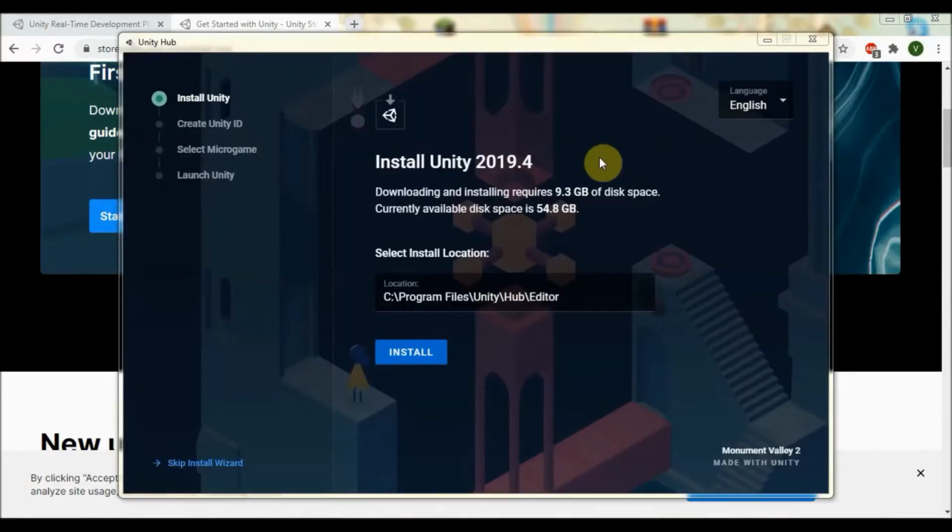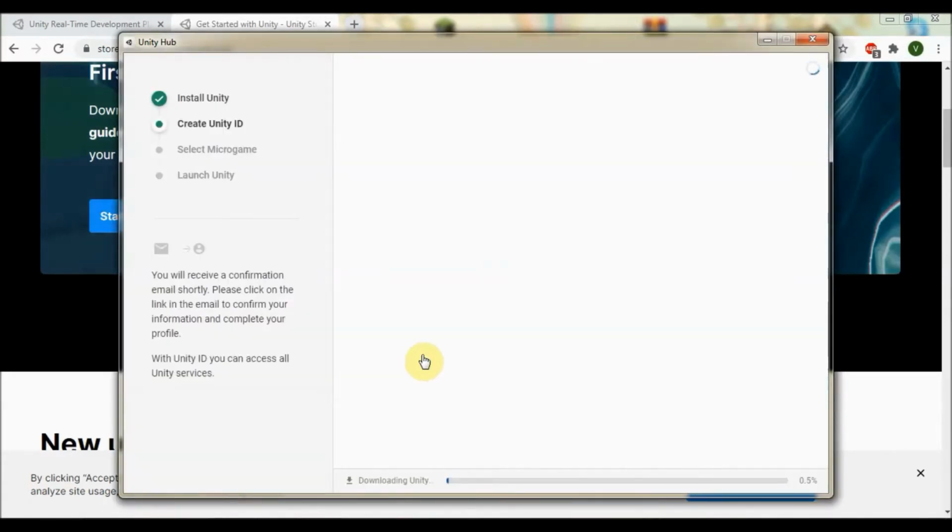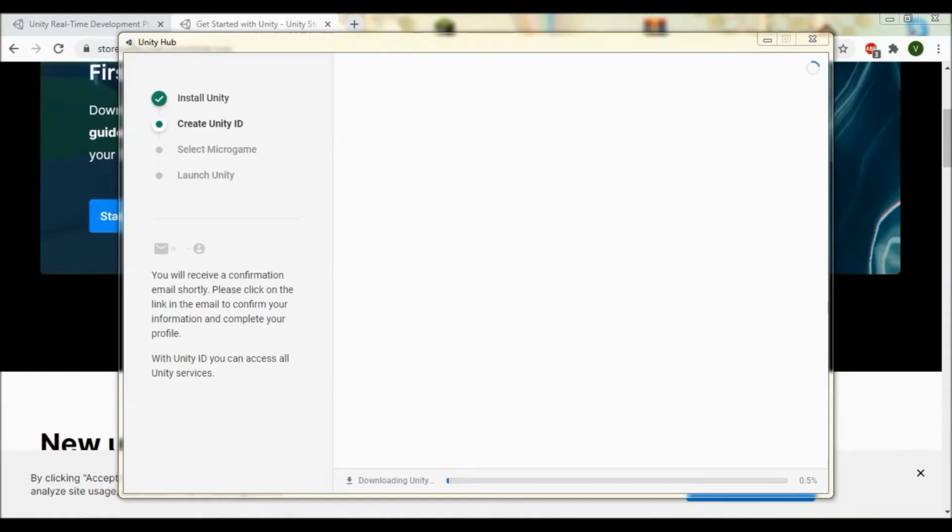It takes you here where you can choose a path for your Unity installation, and it says you need 9.3 gigabytes of disk space, and you will probably need more. Now I have 54 gigabytes, so I'm good. Just click install. It will ask you again to allow a program to make changes to this computer, and again you say yes,